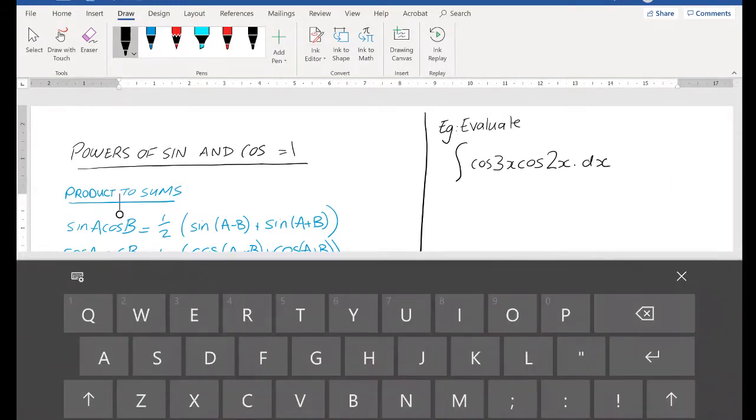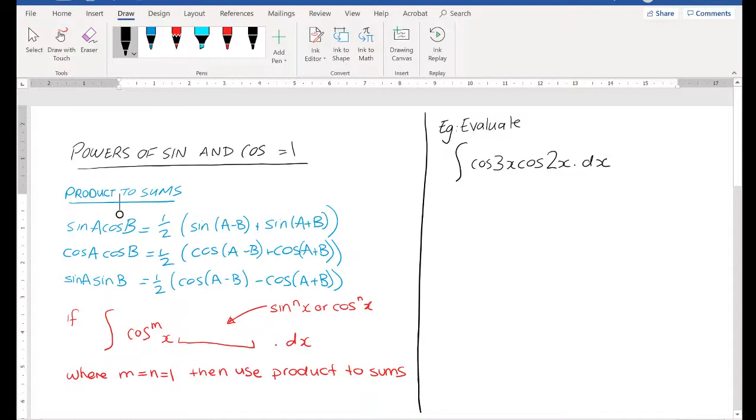Okay, so we're looking here back to powers of sine and cos, but this time we're looking at what happens if the powers are 1. So, start with looking at this red part down here. It says that if you have to take the integral of cos mx, now the next part can be sine or cos, doesn't matter, where m and n are 1. So where the powers of sine and cos, or cos and cos,